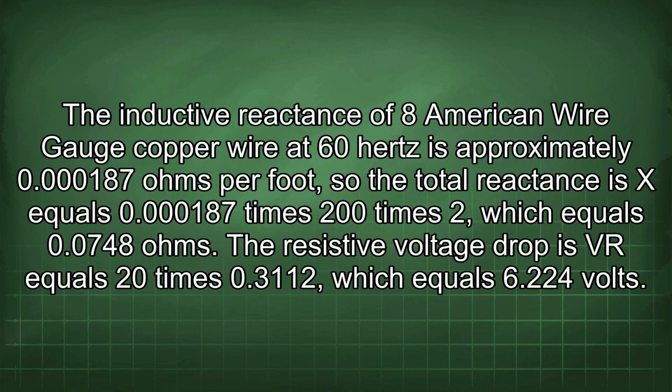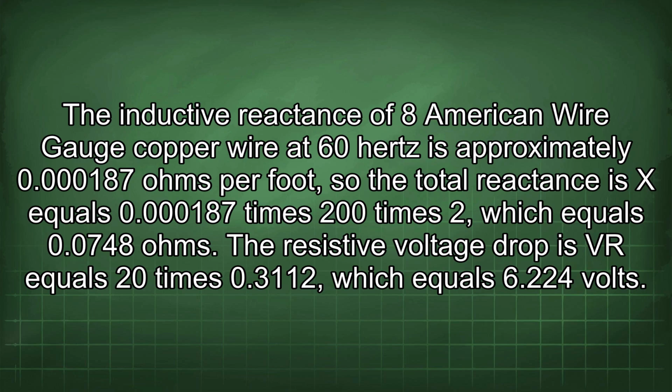The inductive reactance of 8 American wire gauge copper wire at 60 Hz is approximately 0.187 ohms per foot, so the total reactance is X equals 0.187 times 200 times 2, which equals 0.748 ohms. The resistive voltage drop is VR equals 20 times